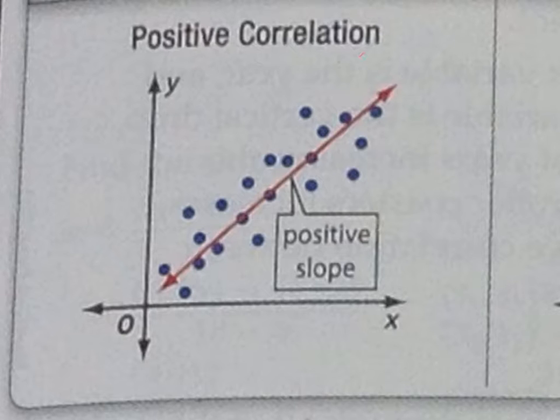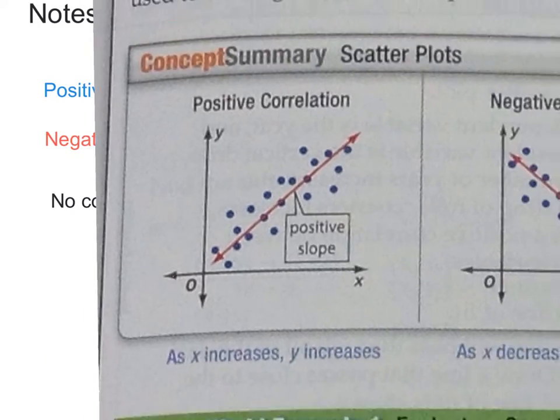Now, if I were to draw a line up here, that would not be good. If I were to draw a line down here, that would not be good because you have more points on top than on the bottom. So the idea when you draw the line that best fits is to get an equal amount of dots on top of the line as on the bottom of the line. But anyways, right now we just want to talk about correlation. Correlation is this: if you analyze the group of dots that you just graphed on an XY plane, and from left to right it's going up,